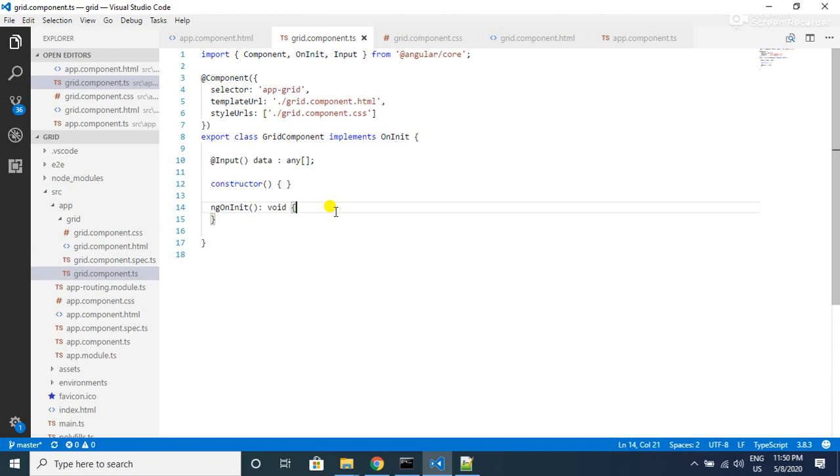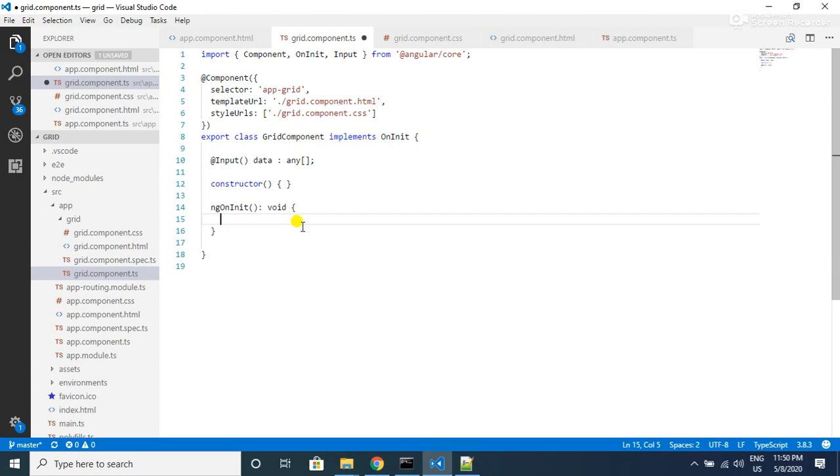To fetch the keys or the properties from the JSON object, we need to pass the JSON object to the Object.keys method. Here we have the list of employees, but we want to pass only one employee object. From that one employee object, we will be able to get the keys or the properties of the employee object.